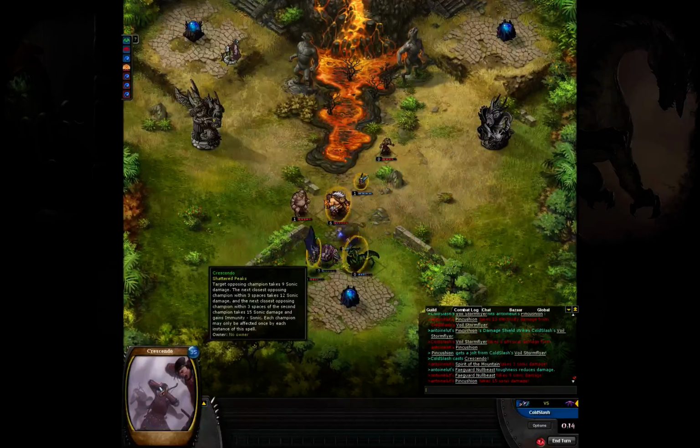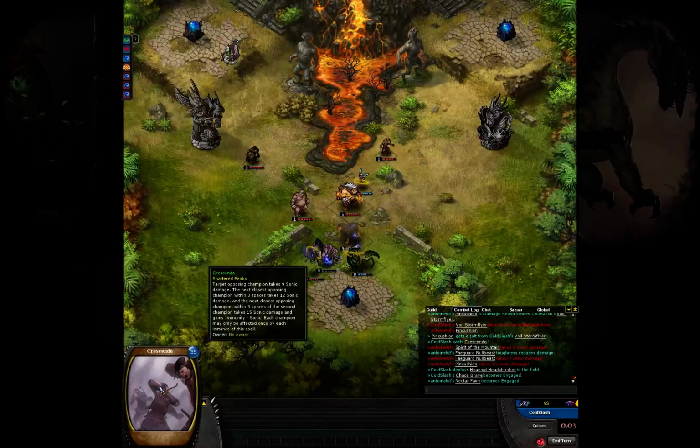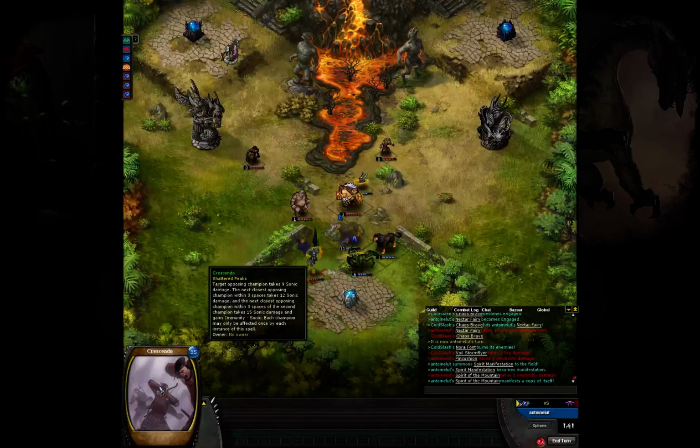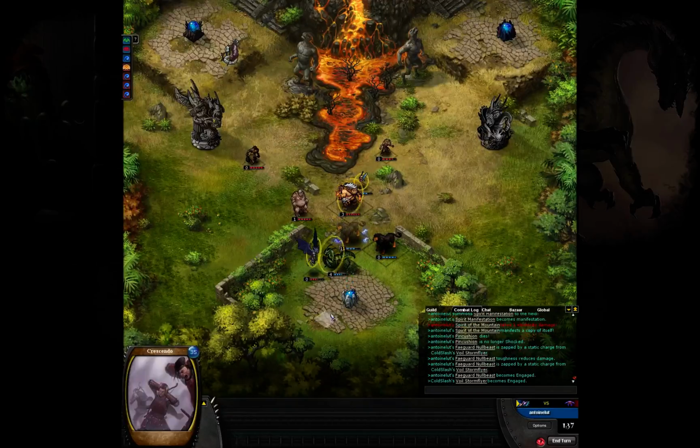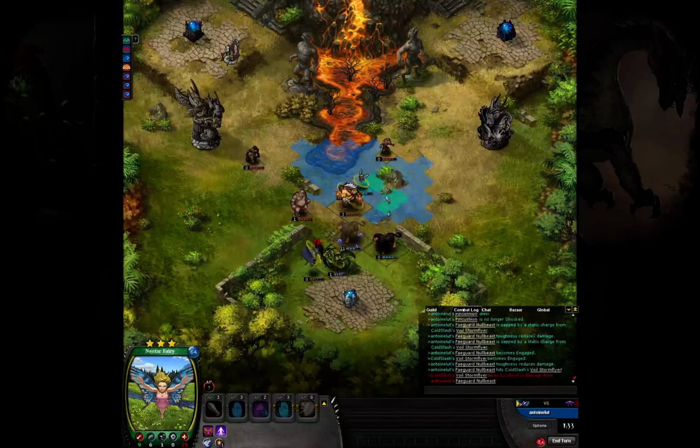Crescendo. Interesting. I like Crescendo. It's a lot of damage. Crescendo is 35 Nora, but if you play it right, it does a lot of damage. You know? 15 damage on one champ, then 12, and then 9 as well. It's pretty cool. So he does contest this Nectar Fairy,